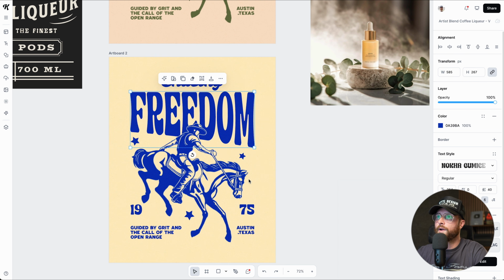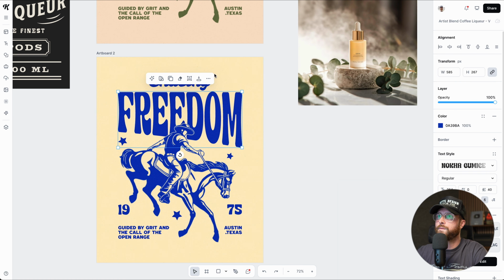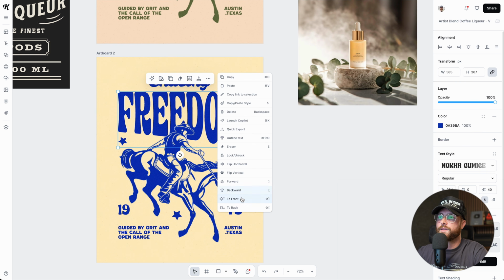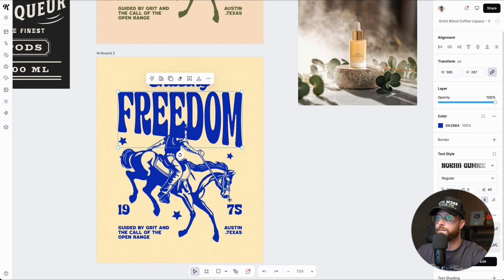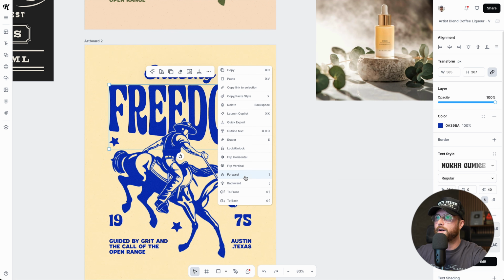I can bring it to the front. Bringing it forward and bringing it all the way to the front are a little bit different. I brought it forward just now, but it didn't do anything because it's already far enough behind this person. But if I hit bring to front, you see how it goes in front of that person in the template. I can send it to the back, or I can send it backward, and you see there are bracket keys or shift brackets. These are your bracket keys that are just under and to the left of your backspace keyboard button, and these are a couple of different actions that you can take